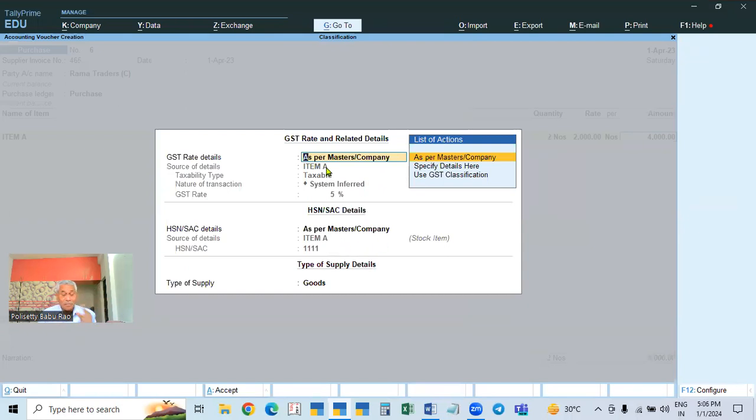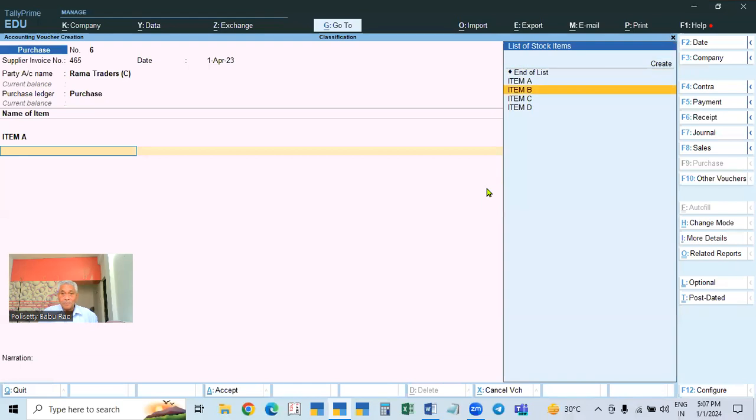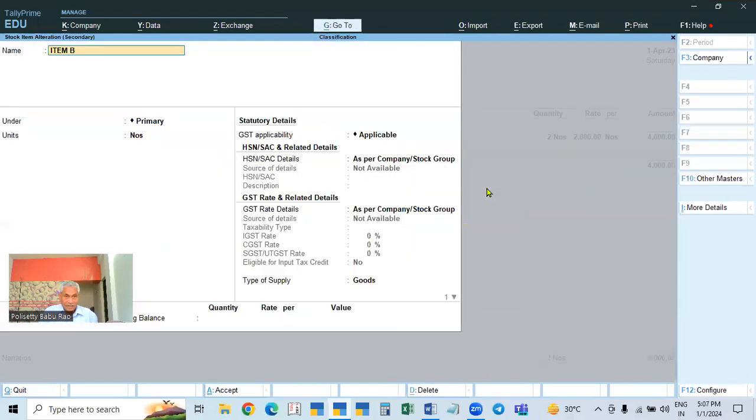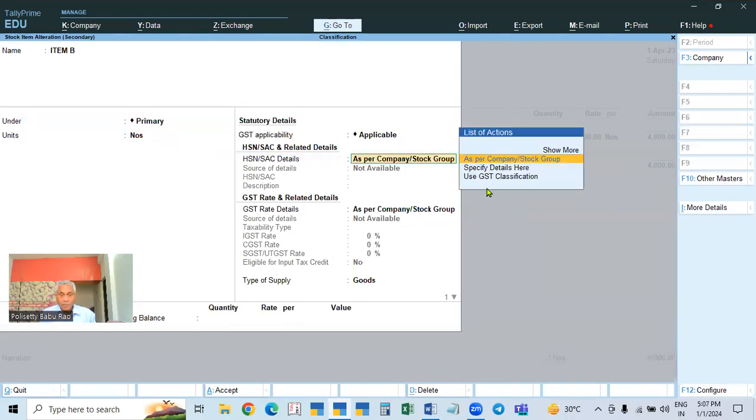See item A. From the classification we have given, it is the classification, not a ledger, so item A has taken the rate as well as the HS code from the classification. Then item B will take up. We are creating this now. Here we have to select not applicable for units, and here we have to give the HSN code